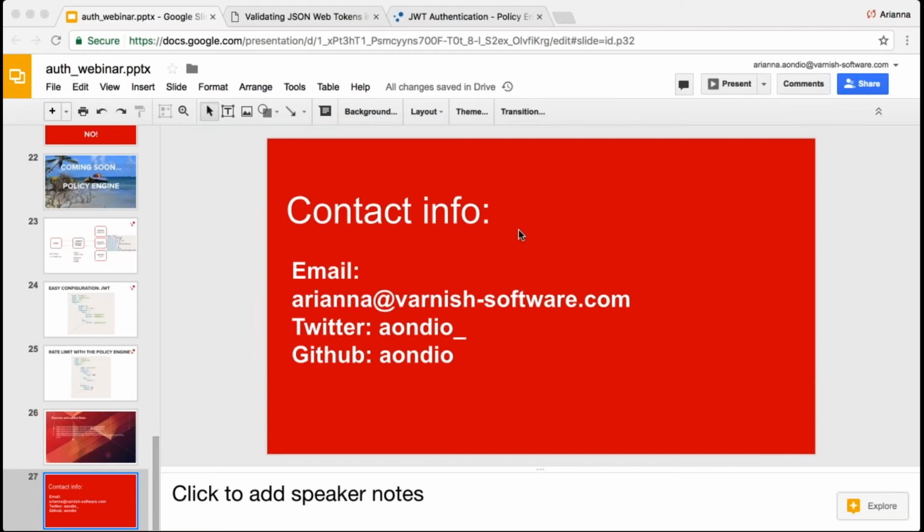So, last question for today. How does the performance and scalability of the policy engine compare with Varnish Plus? The policy engine integrates with Varnish Plus. The idea is that a client sends a request that goes through Varnish Plus.